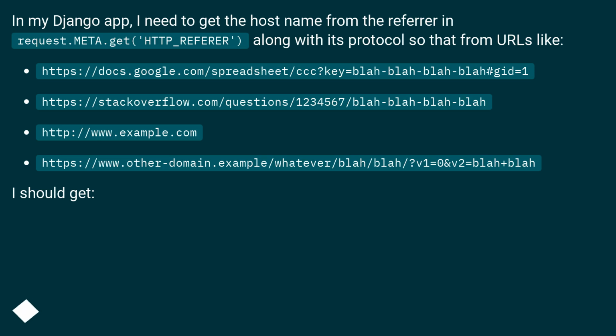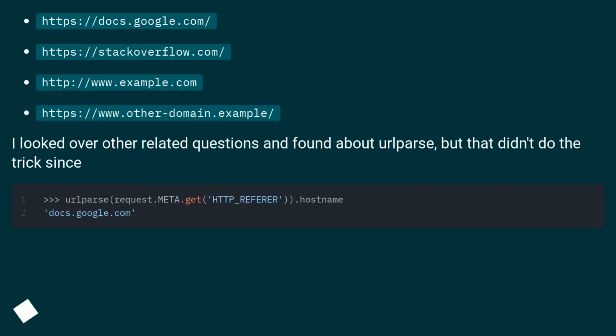I should get https://docs.google.com/ http://stackoverflow.com/ http://www.example.com/ https://www.otherdomain.example/. I looked over other related questions and found urlparse, but that didn't do the trick since